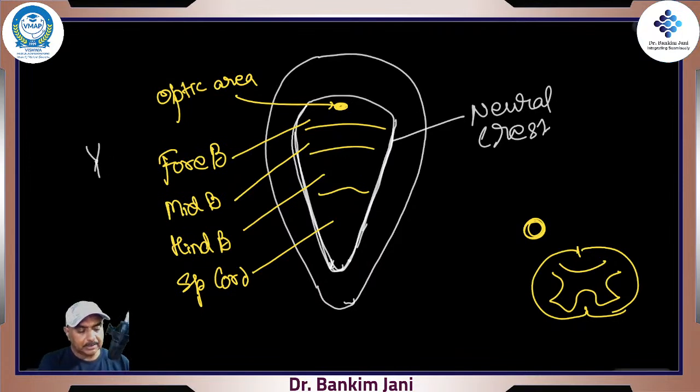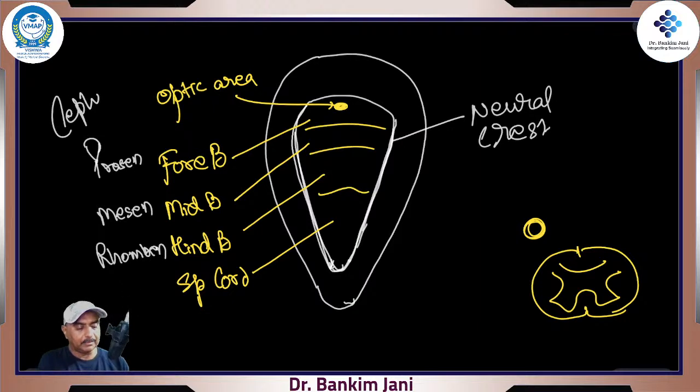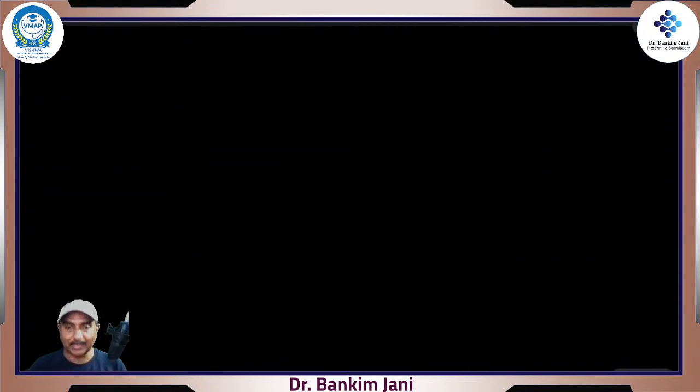So this is the prosencephalon, then this one was the mesencephalon, then there would be the rhombencephalon. All are cephalon. Spinal cord is spinal cord. So all of them are part of it, with the neural crest as it is developing. Then what happens? Now, as we move to the next part,